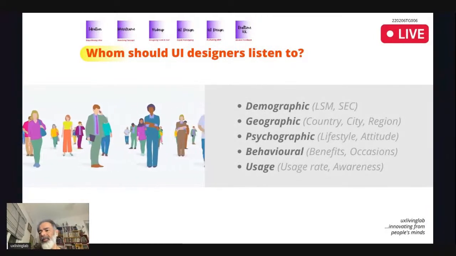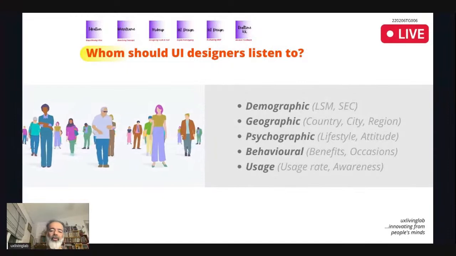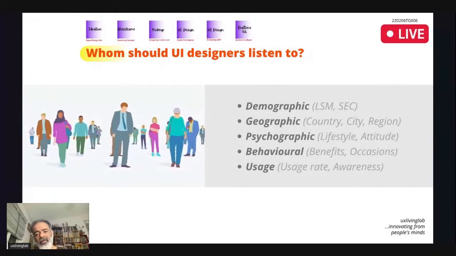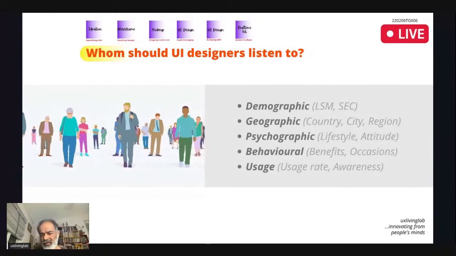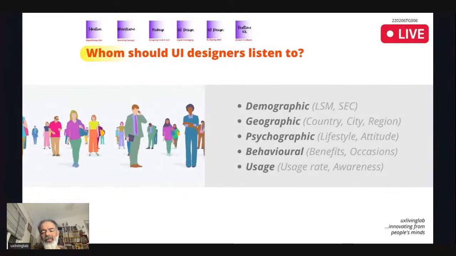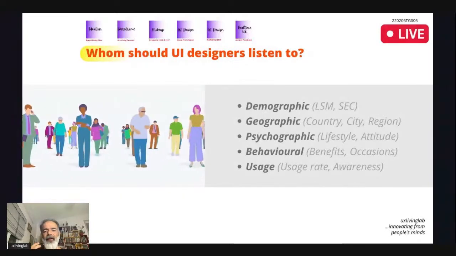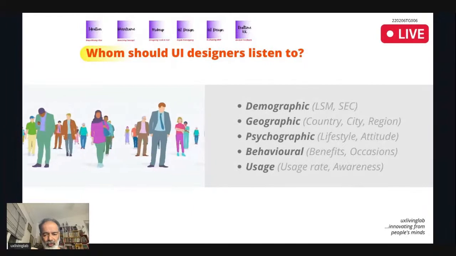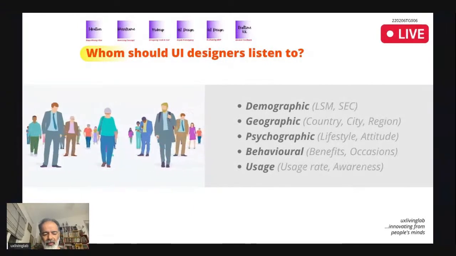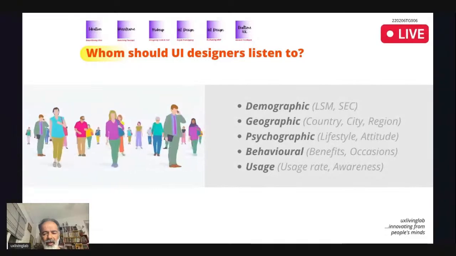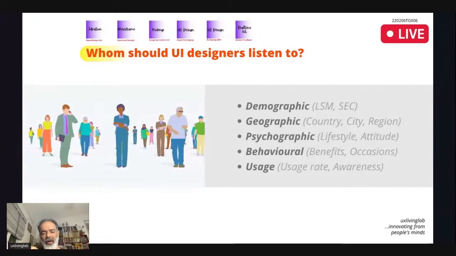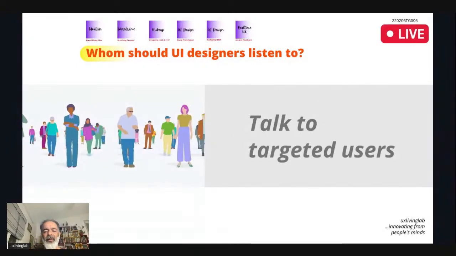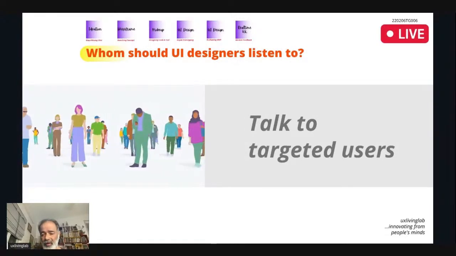Because when you go to the street, you may be talking to a kid, or an elder, a male, a female, or a highly educated or less educated person. So while discussing, you have to categorize, because these factors count in the opinion and the decision process of the user, their viewpoints. If that opinion or idea is coming from the targeted users you have defined, that is a very valuable opinion, because you are going to meet them after releasing the product.